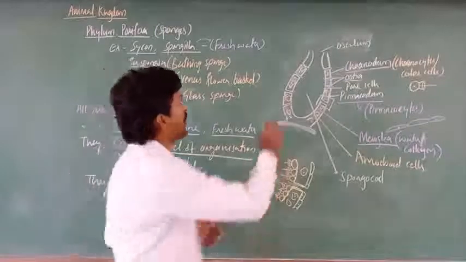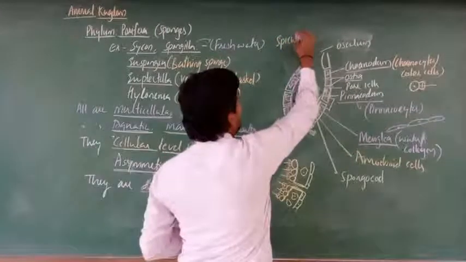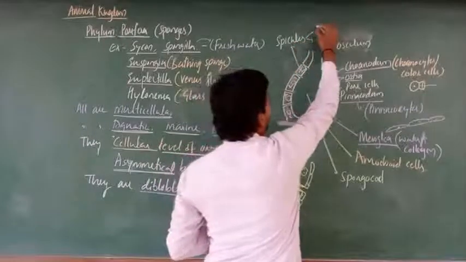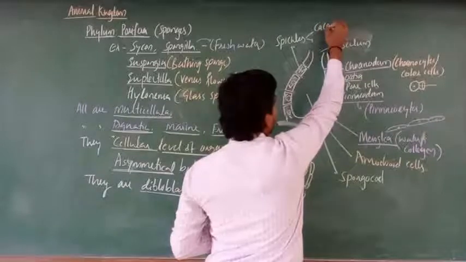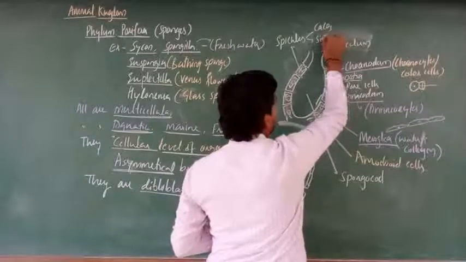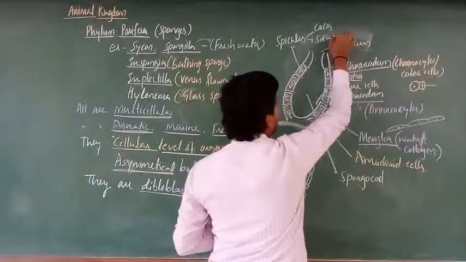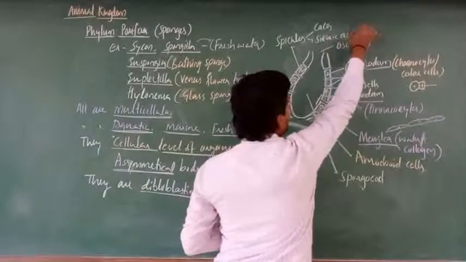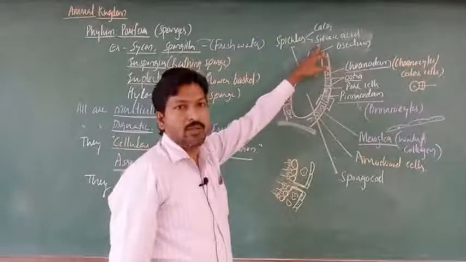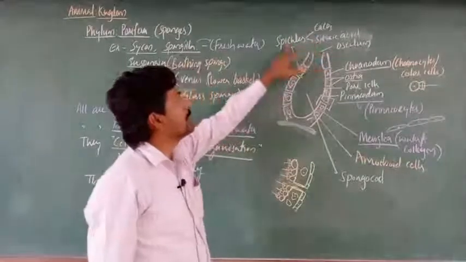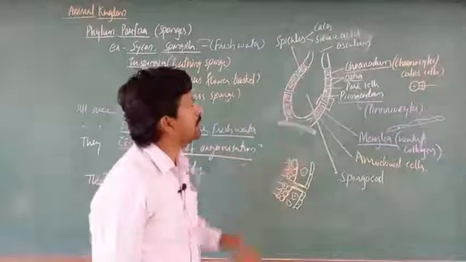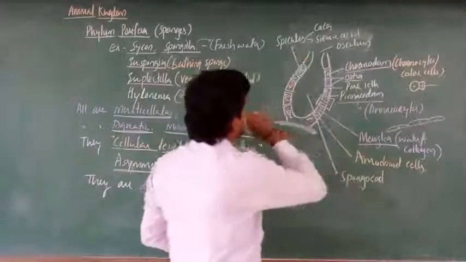Spicules are of two types. One is made up of calcium carbonate, CaCO3, and another one is usually silica, silicic acid, silicates, we can commonly say silicates. Okay, so based on this content, spicules may be unbranched or branched, right? Needle-like, they are needle-like. And another is spongin